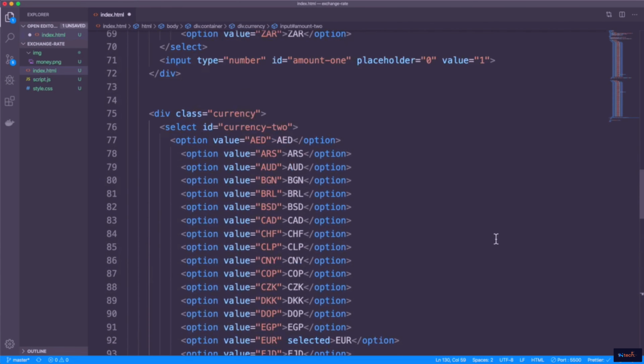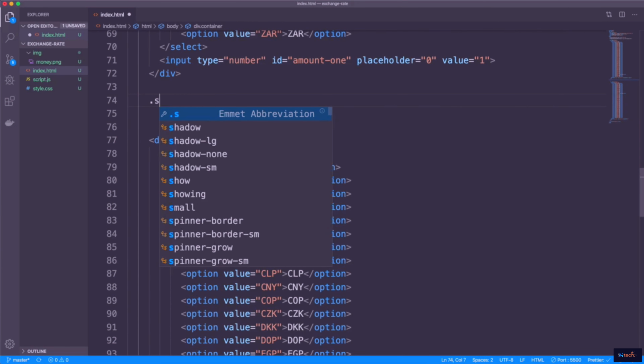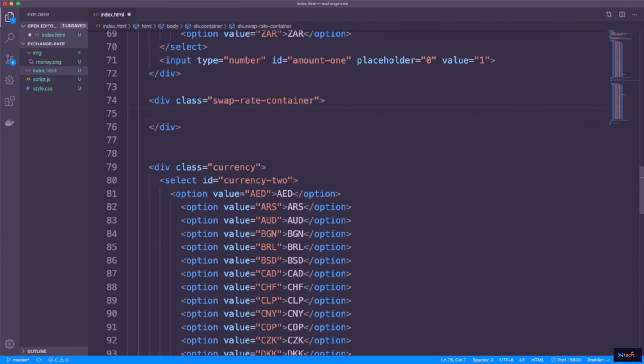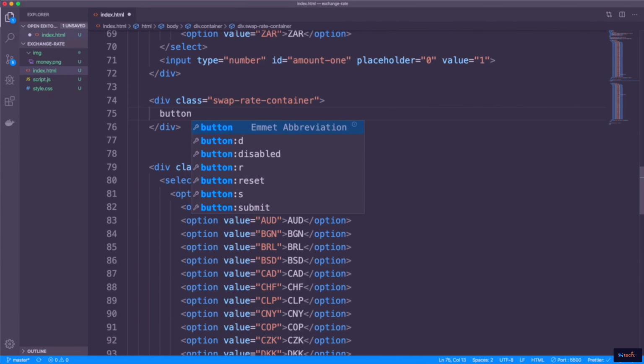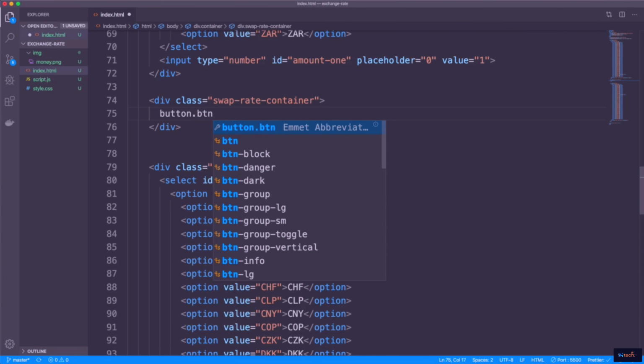And then right in between the two currency classes, so right here, we're going to have a class of swap-rate-container, and this is going to hold a button to swap the rates. So let's say button, we'll give it a class of btn, and let's give it an ID of